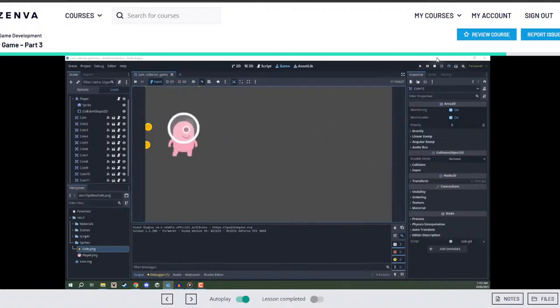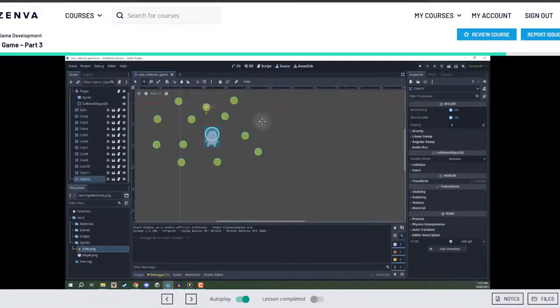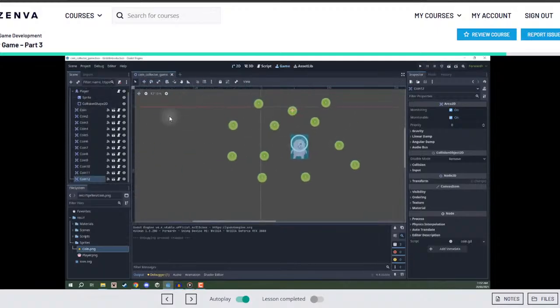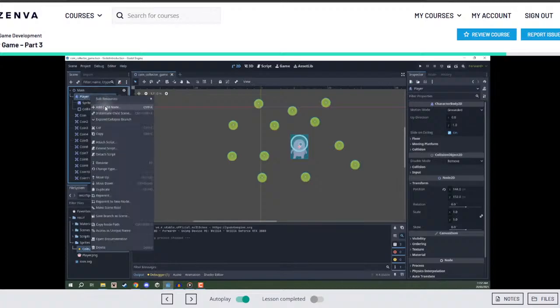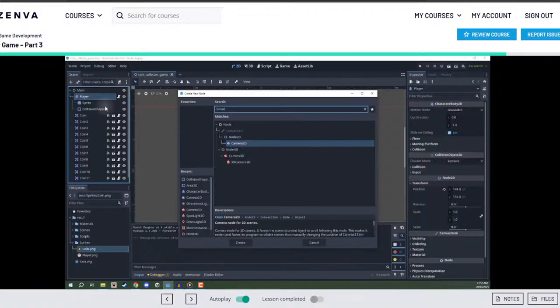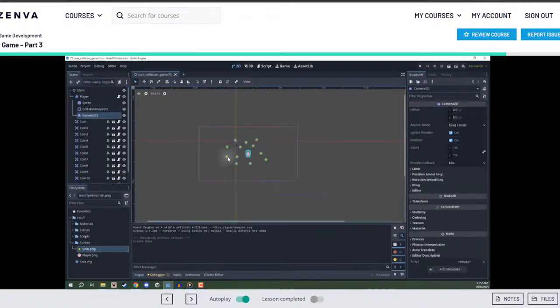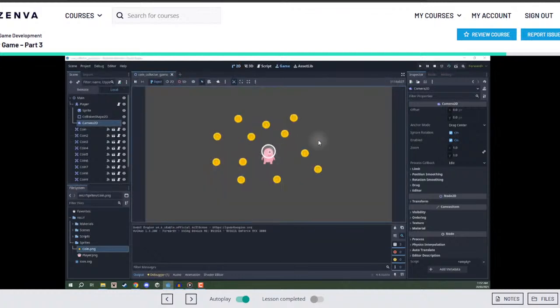Finally, let's set up a camera that can follow our player around. So on our player node as a child, I'm going to right click on player, go add child node and search for camera 2D. Now, if I zoom out, you can see this purple rectangle is basically what the camera is going to see. So if I save and press play, there we go, our player is in the center,